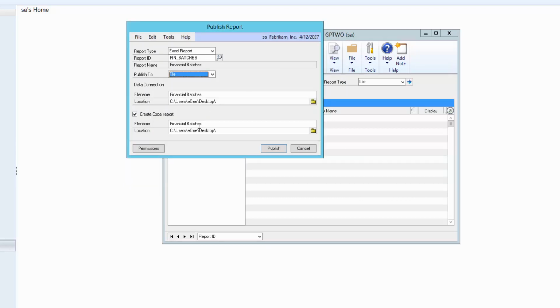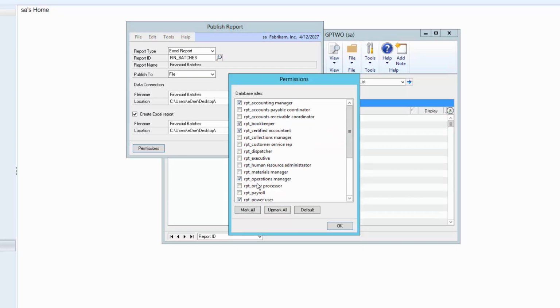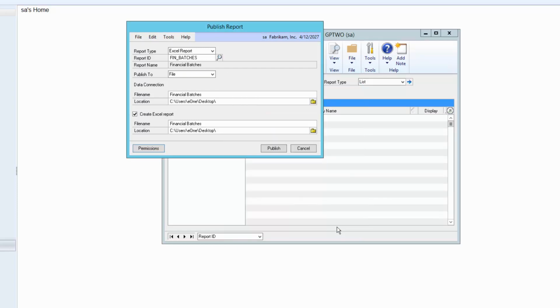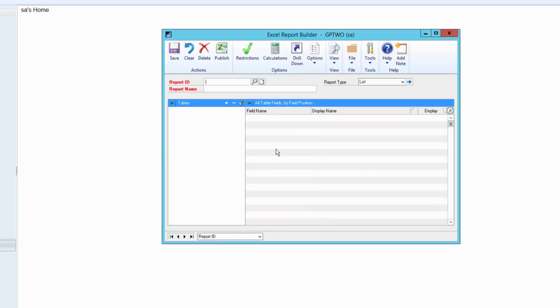Okay, so I've created our different locations. Here is where we would grant permissions if we want to. I have it going to some default roles. We won't get into that today, but there are permissions that we assign to these reports. Not everybody's going to get the data in the report.